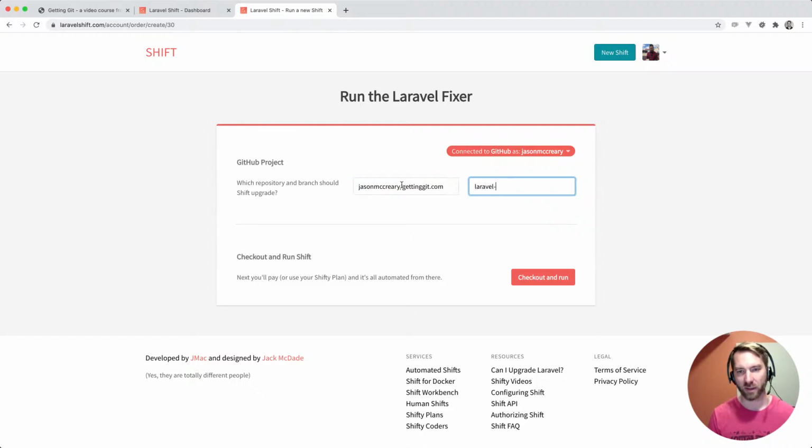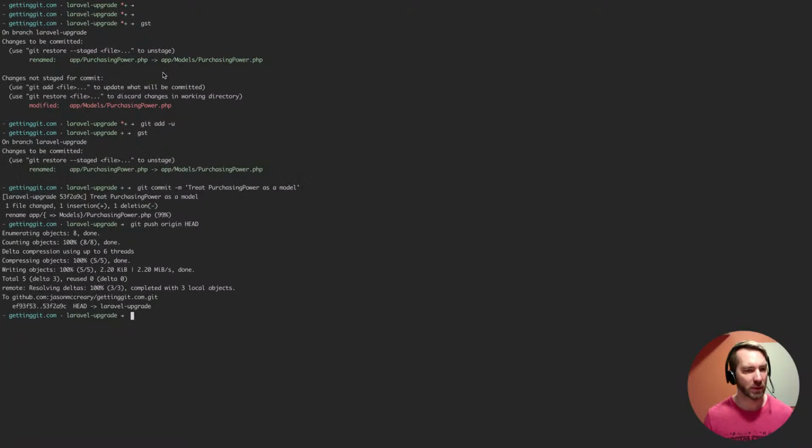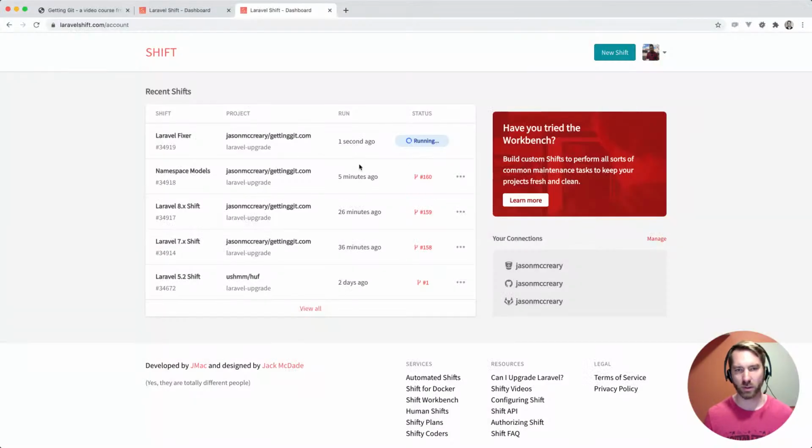gettinggit.com, Laravel upgrade, checkout, run. And I got that on the queue. We did push our changes, good, so it should just be running against that Laravel upgrade. So let's let this run. So look, in the last 36 minutes, we have not only upgraded to Laravel 8, we're following all the latest